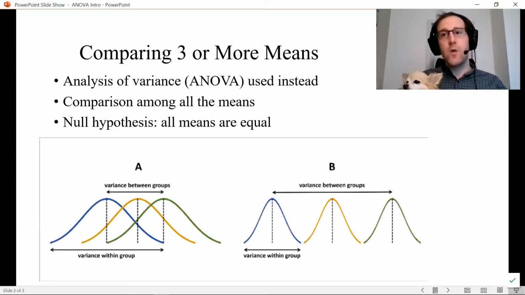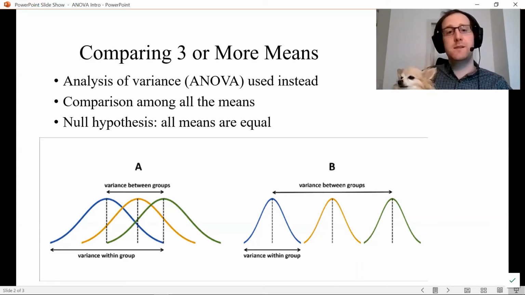And so when you're looking at this, I have an example A and example B here. So first of all, let's take a look at example A. So what you're seeing is that there's variance that's between groups. So that's differences between the means. And there's within group variance. You also see that here there's also between group and within group variance. So if you're looking at A and B,